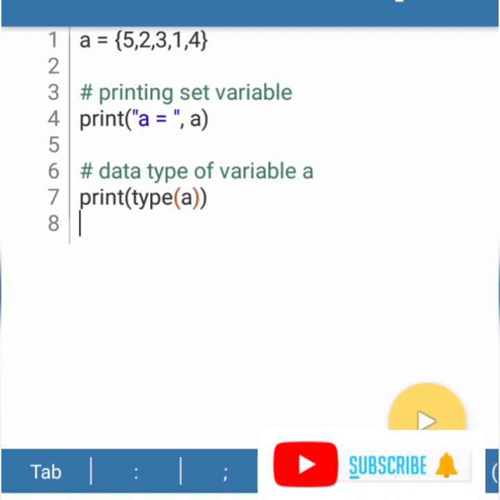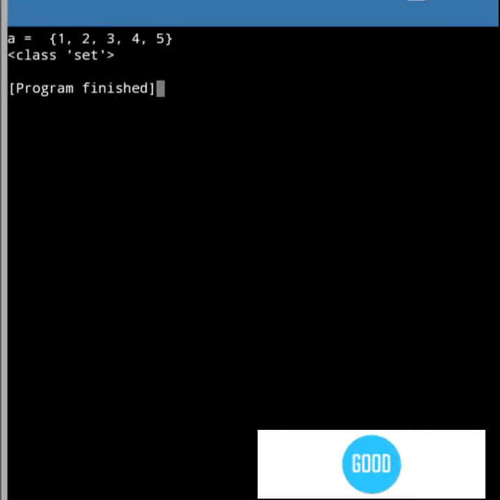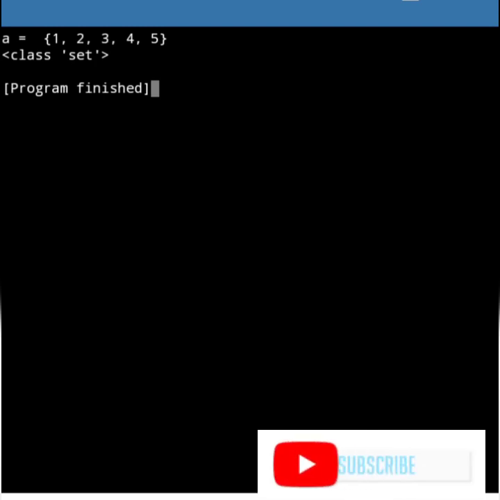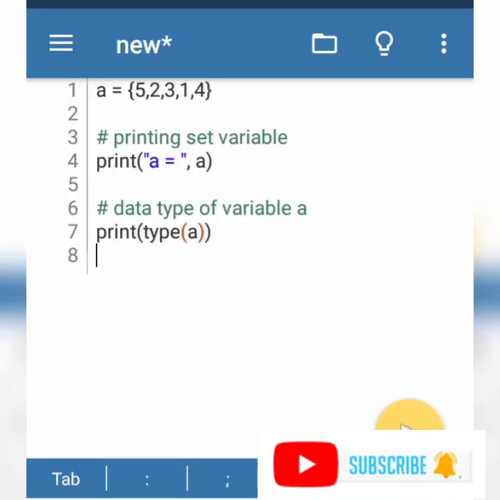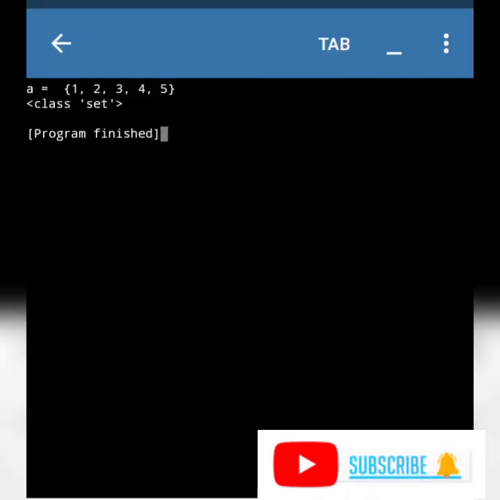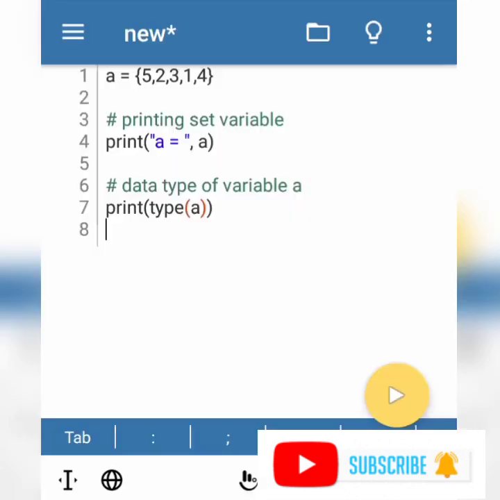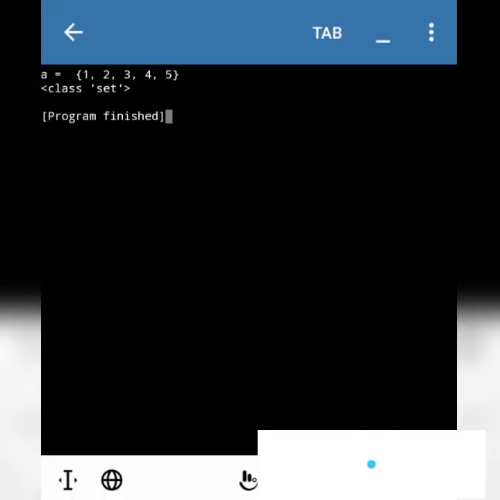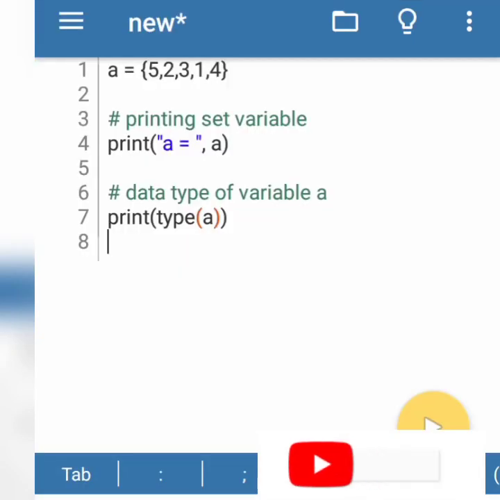So print a. We get the output in any sequence of order: we are giving 5, 2, 3, 1, 4, but we get the output 1, 2, 3, 4, 5. And it is of type set.